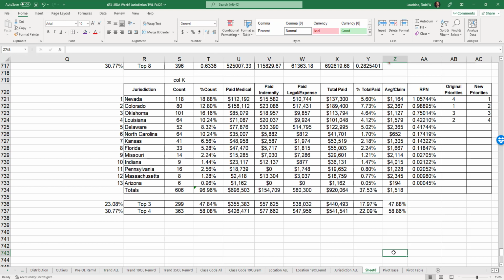Not ideal. It's interesting that what was 4 is now 1. Again, that's what happens with the outliers. But interestingly enough, the top 4 all stay the same. So to me, we're going to look at the top 4 jurisdictions here and see what's going on. That's what I'd say with that, especially when they all kind of stay like this.